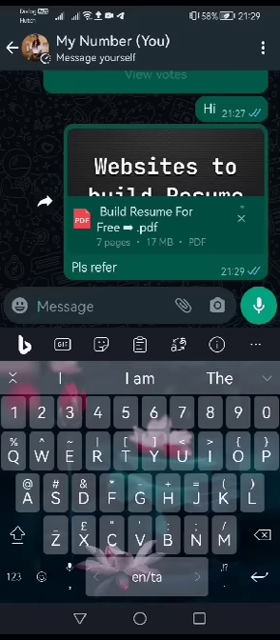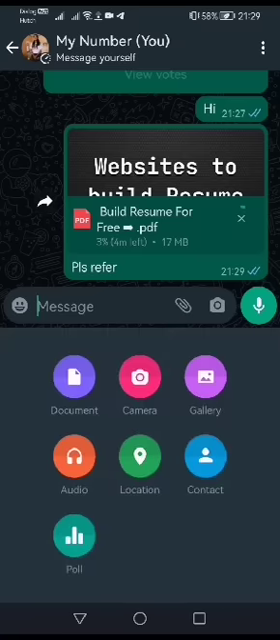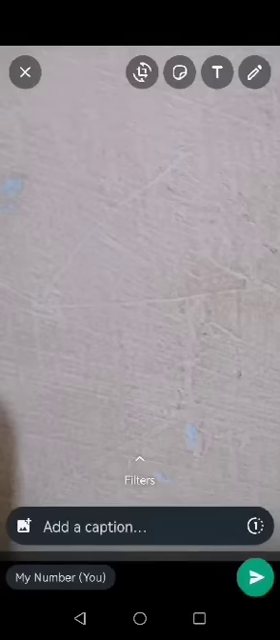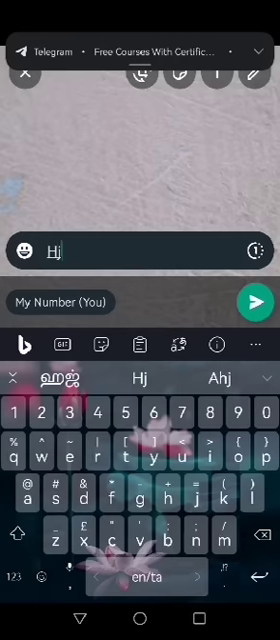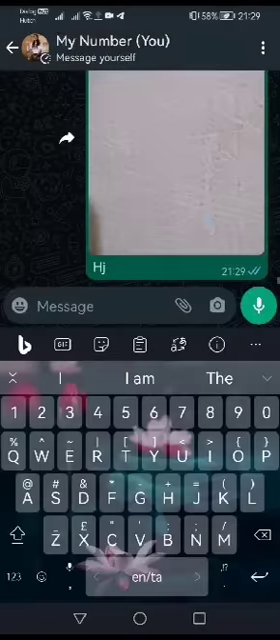If you want to take a picture and send it to your friend, you need to click on this paperclip icon. You need to click on the camera icon, and here you can place your camera and take a picture. Then you can send this, and here you can add the description,